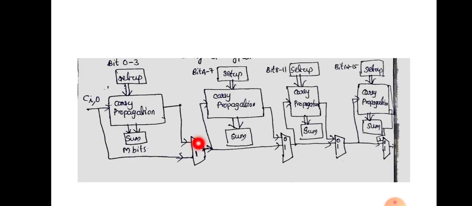Here also there will be 4 full adders, and once the carry is obtained in the regular manner, it will take some time. If the condition, that is P0 into P1 into P2 into P3, is satisfied, then you can directly write output carry equal to input carry. That is why we are including a mux here. Again, for every stage the mux is included. Whenever we implement 16 bits, the final stage carry propagation delay will be higher if you proceed with the ripple carry model. But here we are utilizing the carry bypassing method, so that delay is somewhat reduced.